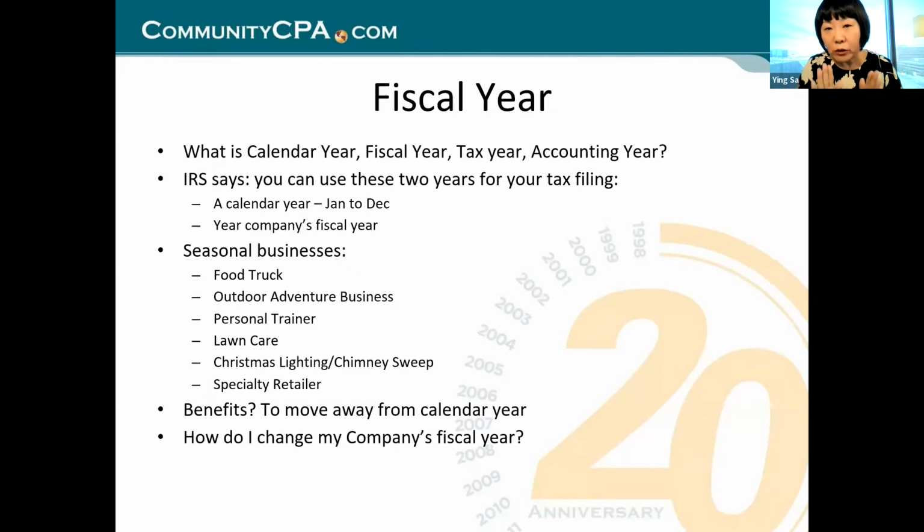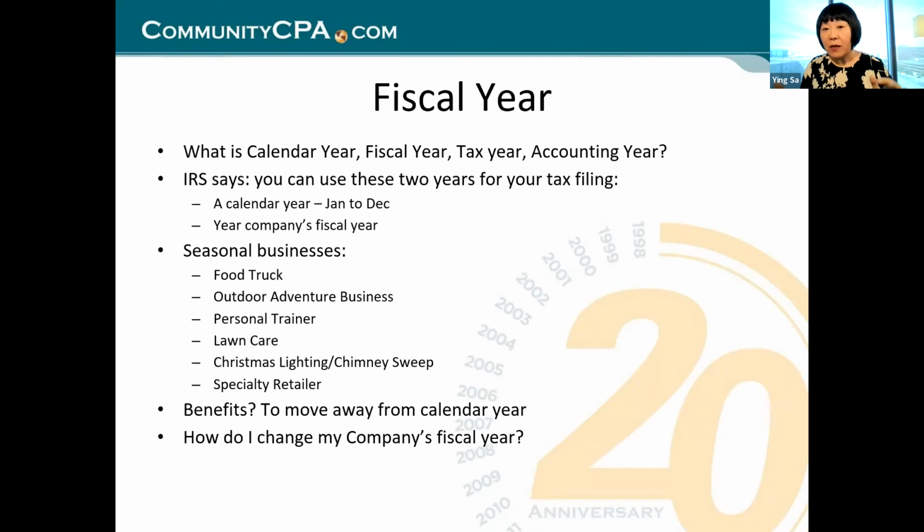They prepare taxes because the computer tells them what to do, so they think they know it. But if you don't know where to look, every computer software for taxes defaults to the cash method. And the system defaults to January to December. And you cannot fault the developers for that because the majority of us don't know anything better. And we just let the system drive our life. Didn't we let the computer drive our life? Of course we do, but you want to know your choice. It's almost like when you work with the IRS, you want to know your taxpayer rights. And you want to know that the system can do things for you when you know what to choose.